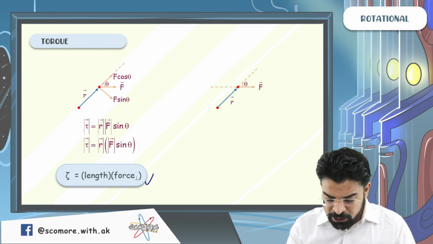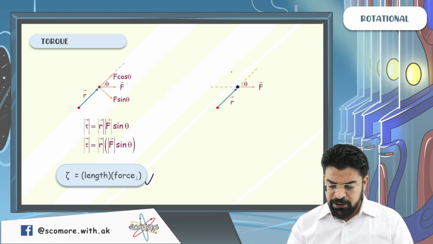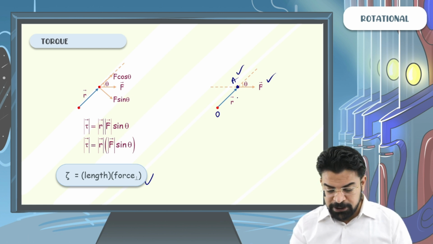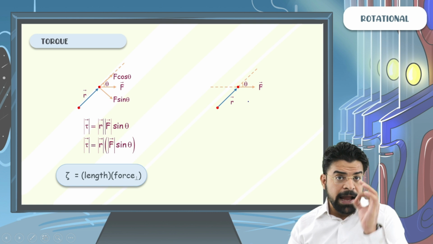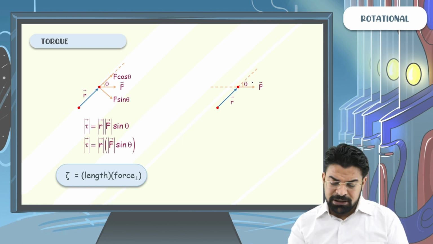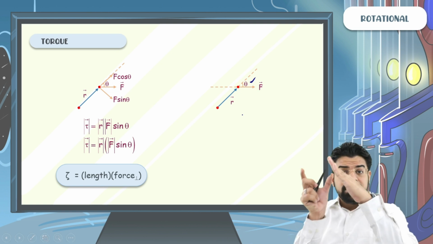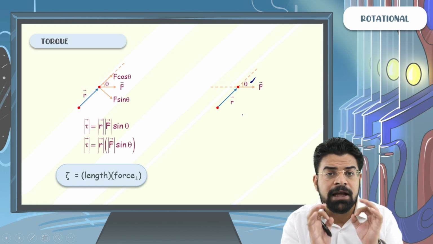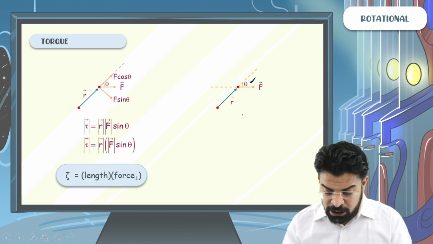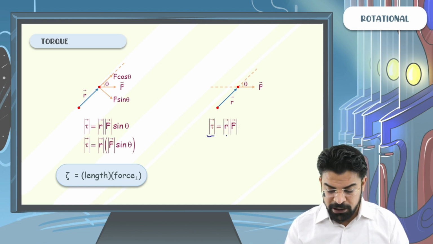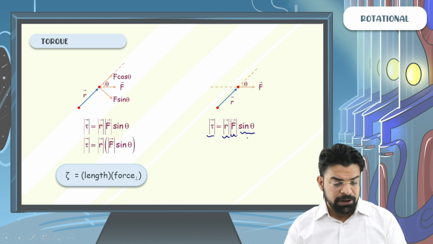Now let's say at the point A, a force F is acting, and the position vector of point A with respect to O is given by R. The angle between the position vector and the force vector is theta. Sir, why are you taking this angle as theta? Better rejoin the vectors tail to tail. The angle between two vectors is the angle between them when they are joined tail to tail. Now you can say the magnitude of torque is given by the magnitude of R into the magnitude of F into sine of the angle between them.